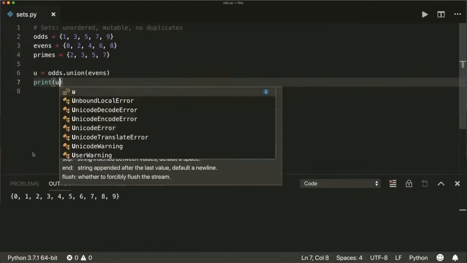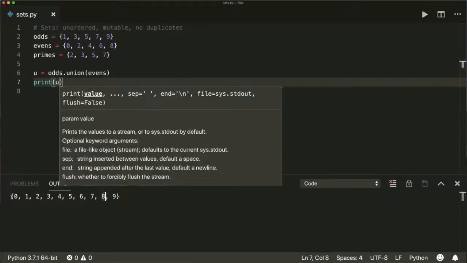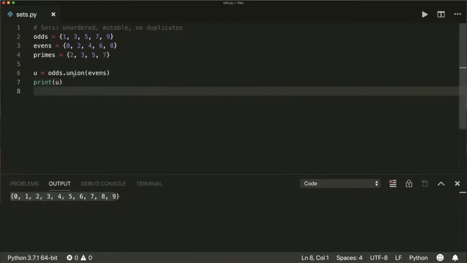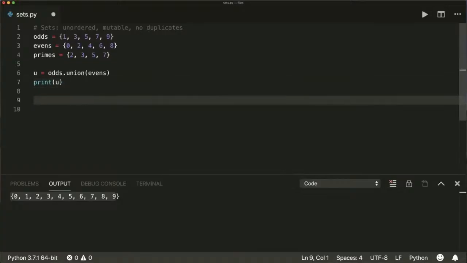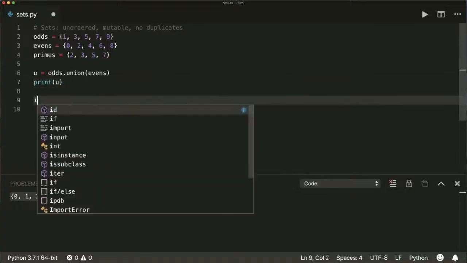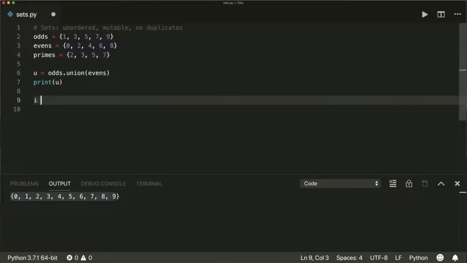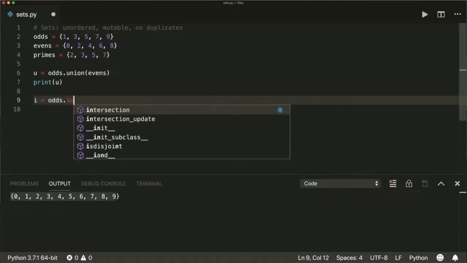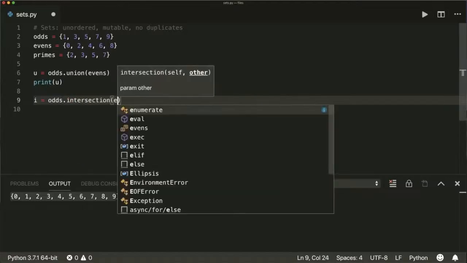Then we see that now we have all the numbers from 0 to 9. So the union will combine elements from 2 sets without duplication. We can also calculate the intersection of 2 sets. So the intersection will only take elements that are found in both sets. So if we say the intersection equals odds dot intersection evens,